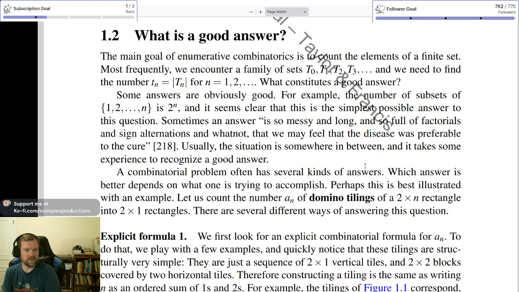So section 1.2, what is a good answer? The main goal of enumerative... Yep, it is. Hey, Stuki, how you doing? Yep,